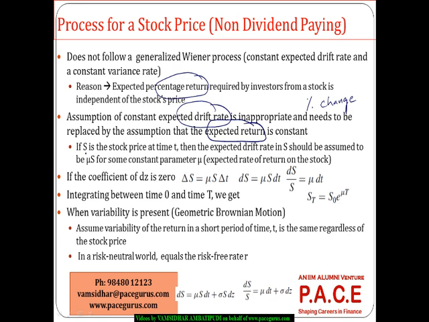So if S is the stock price at time t, the expected drift rate is some proportion of S. It can't be S plus mu. It has to be mu S. This is the difference, and that is what is very much expected, which means if I am really looking at